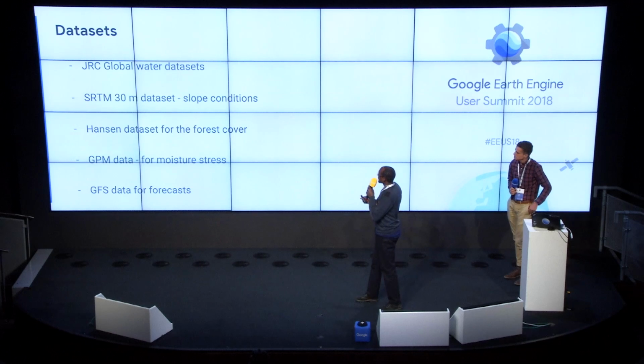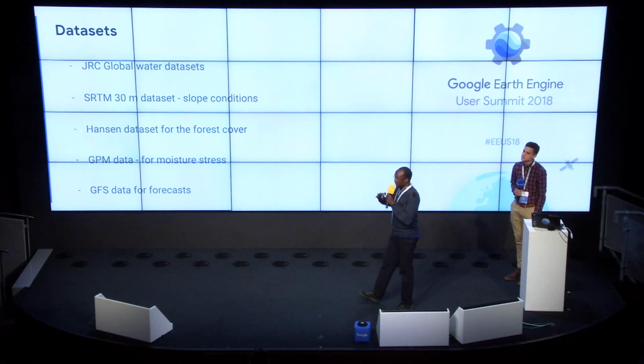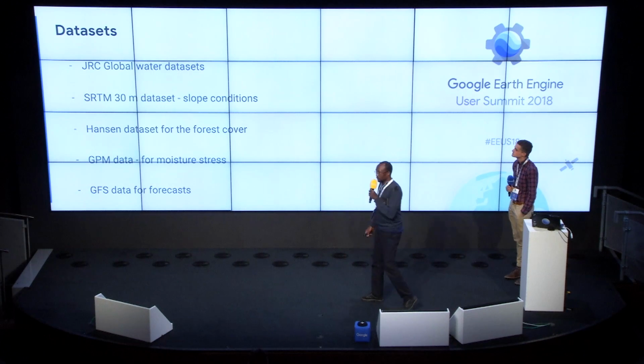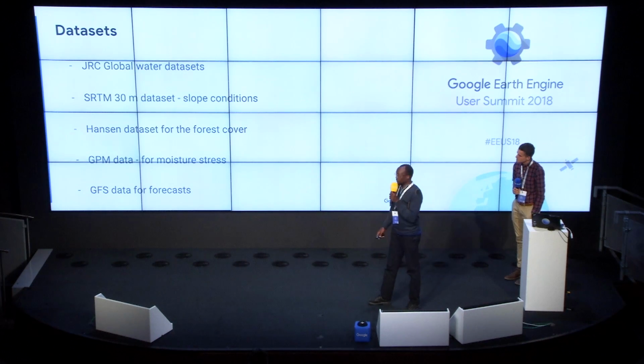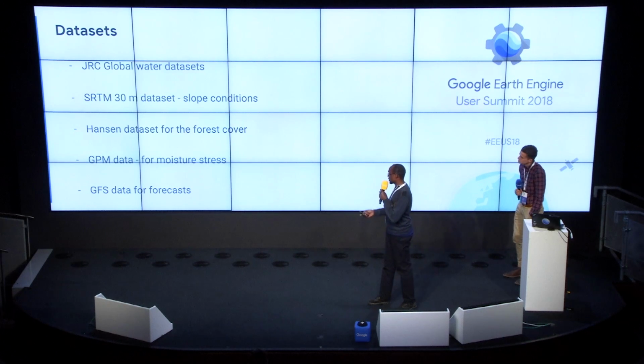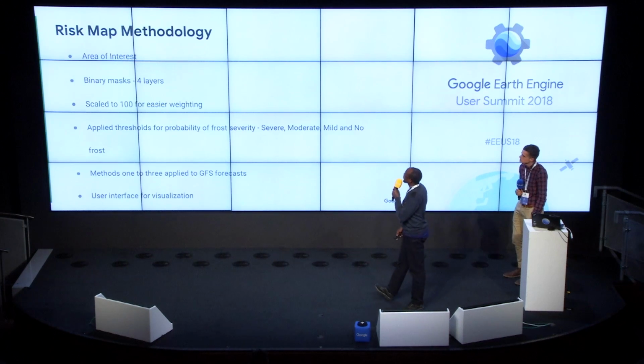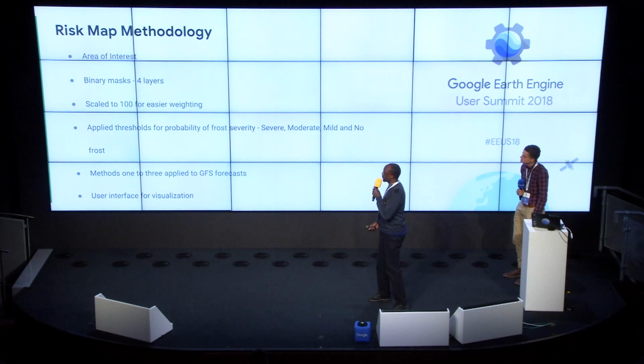We used the GRC Global Water Dataset for the nearness to water, SRTM 30 for the slope, and then we used the Hansen dataset to extract the forest cover, and GPM data to evaluate the moisture stress, and GFS data for forecasting. So the methodology was basically to highlight our area of interest, and then we basically came up